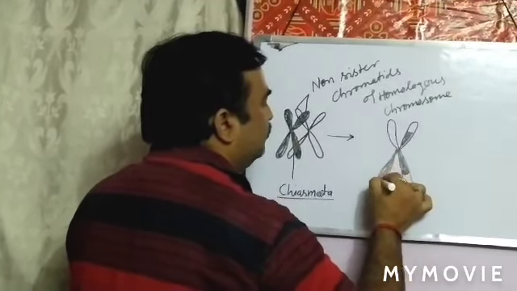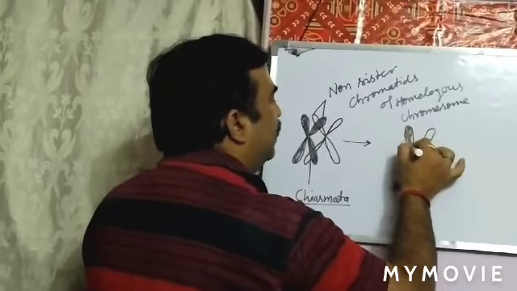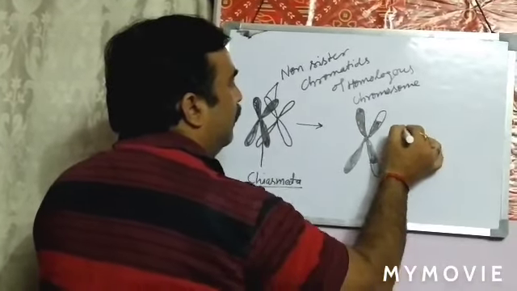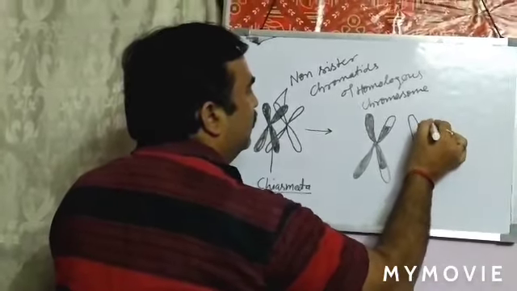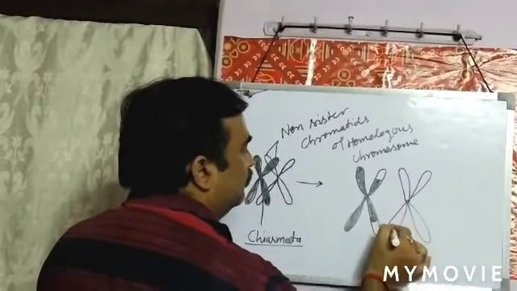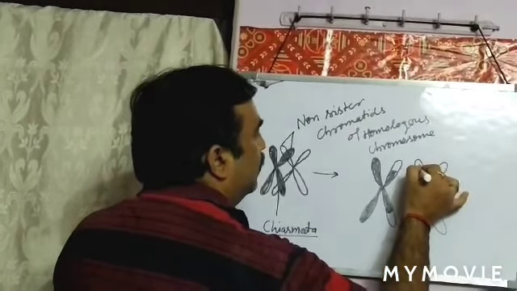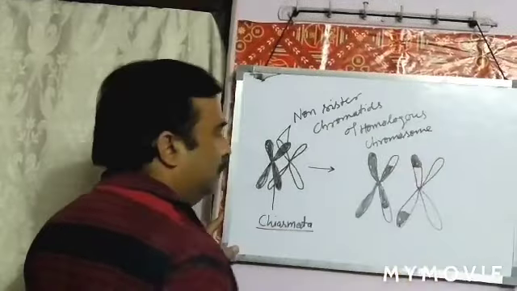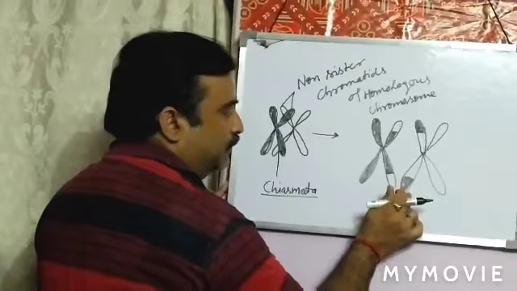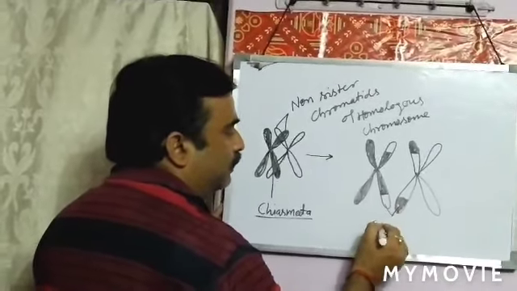You can see the equal segment of the chromatids is transferred. So this is the crossed-over part. From one chromosome the chromatid segment transfers to the other, and from the other it transfers to this one. So this is the crossed-over part